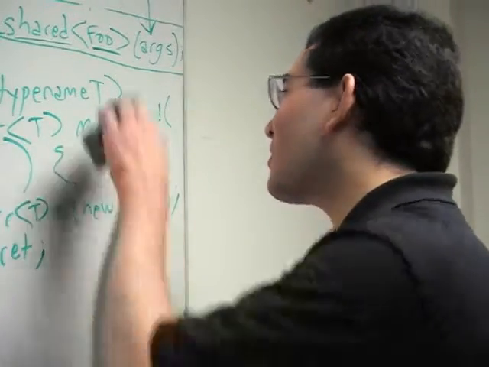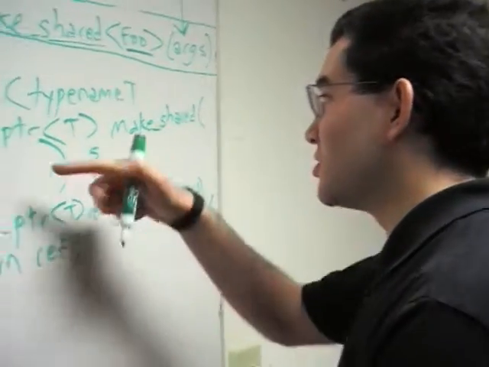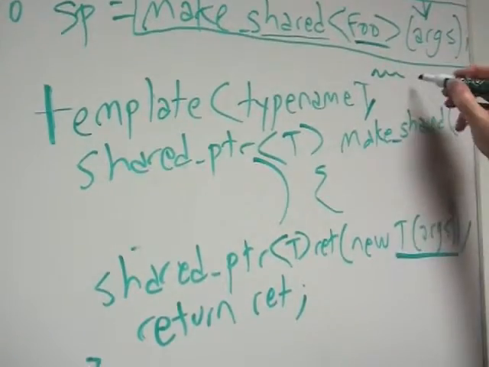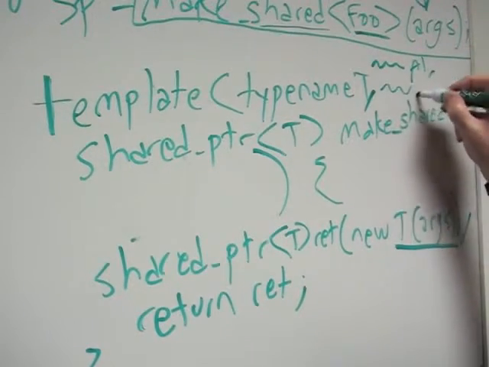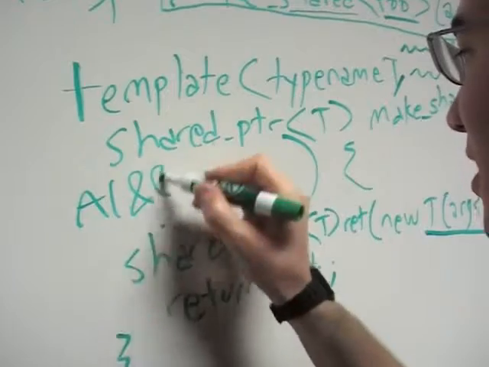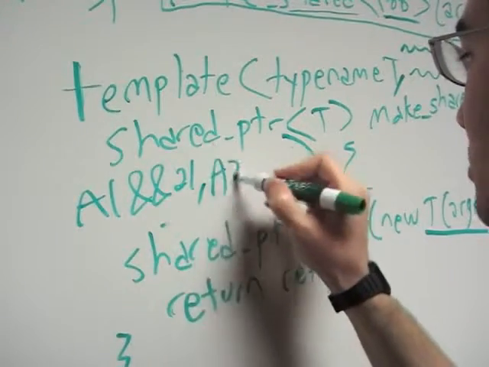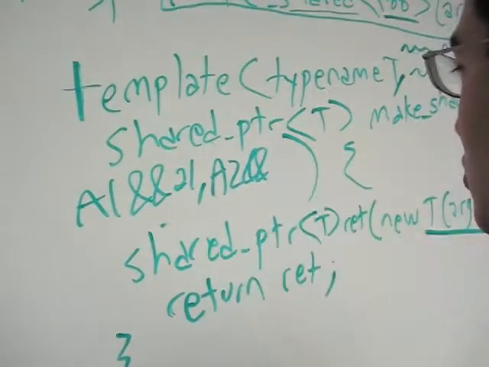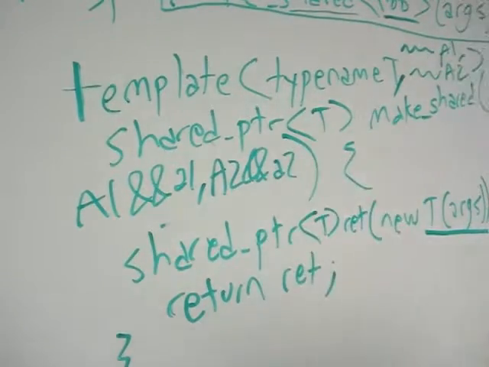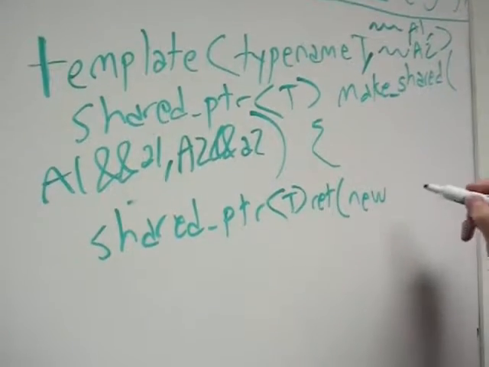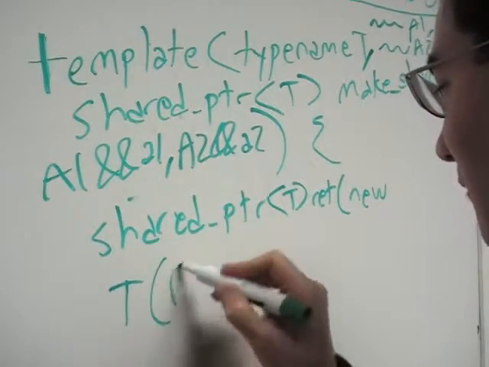When we write a perfect forwarding function, what we have to do is template this on typename A1, typename A2, and we take A1&& a1, A2&& a2. And then here, where we've got that return ret, constructing this T, we need to say new T